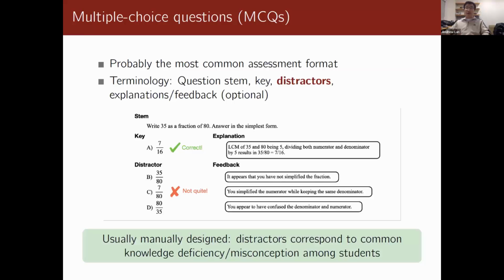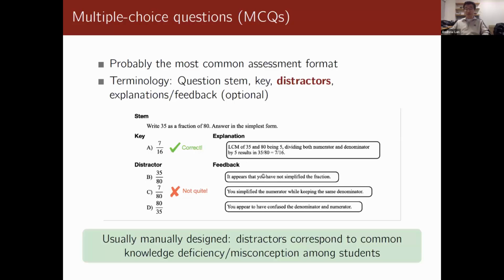So I'm just going to start with a bunch of terminology that we're going to use throughout this talk. For each multiple choice question, we have a question stem, which is just a statement of the question, including background and what the question is asking. And also a key, which is one among its options, the one correct answer, and some optional corresponding explanations of that correct answer. And also a set of distractors. Most often we have 3 different distractors, and that's also the case with us, but you can have more than 3 or fewer than 3.